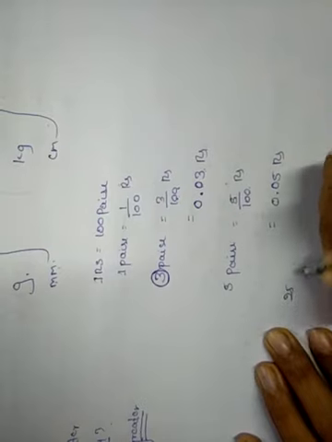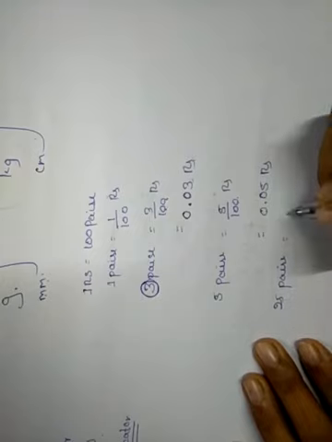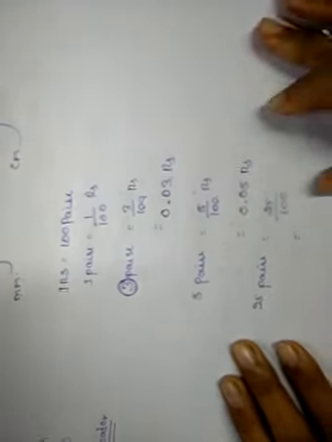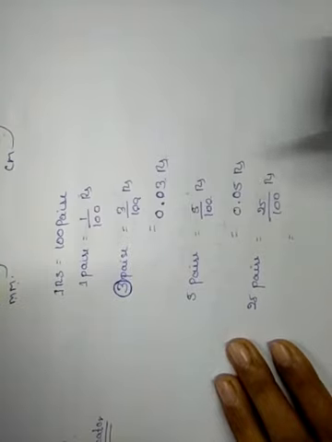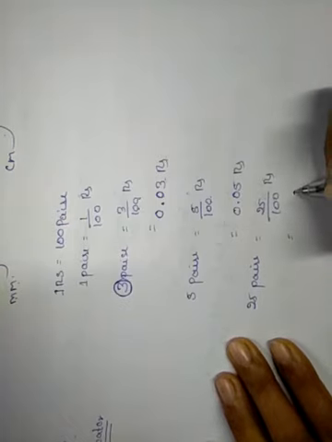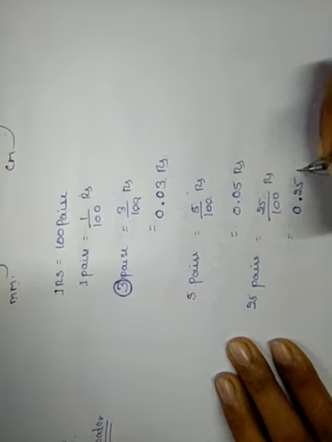Now 25 paisa. Now we'll divide 25 by 100. Already at the numerator part there are two digits only. So there is no need of giving any extra zeros. I will write 25. After two digits, from right to left, I will give a decimal point and 1 zero. That is what 0.25 rupees.